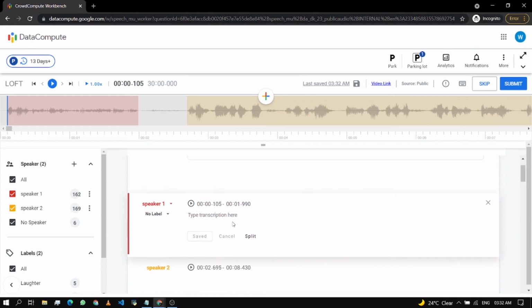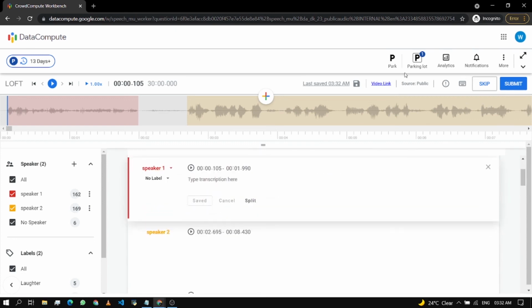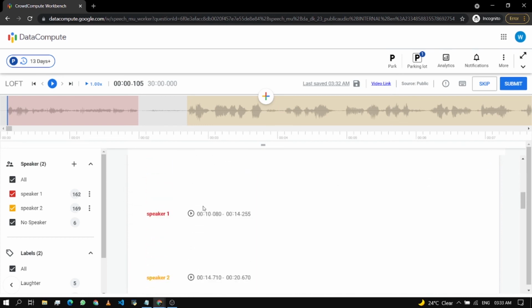Once a task is given to you, you open the task, take the question from parking lot, and you do the transcription work here and save after each segment. And once you reach the end of the task and you have written in all the segments and you refresh the page and saw that all your work is saved here, you inform the project manager that you have completed the task.